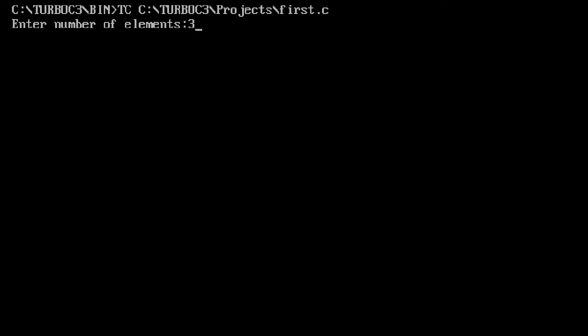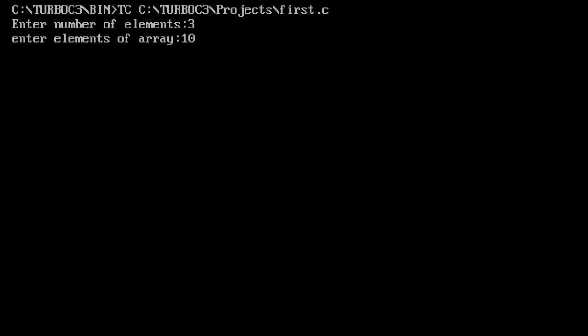How much number you give, automatically it will create the block of memory using malloc. Now I am giving 3, so it will give size 3. If I give 10, it will create size for 10.